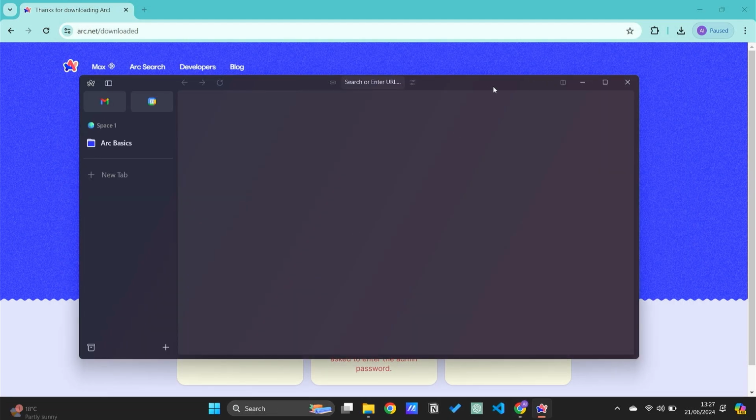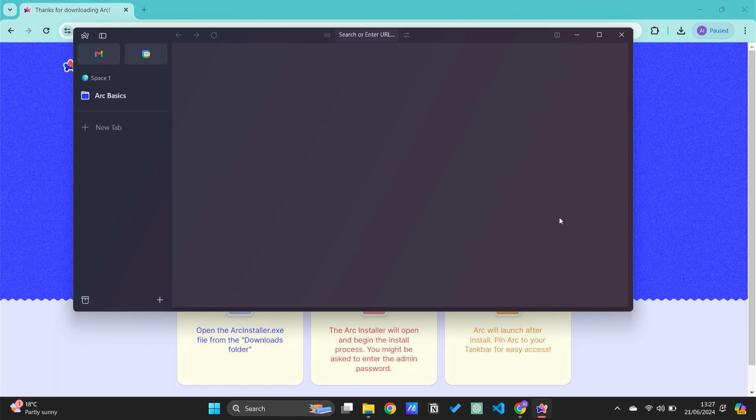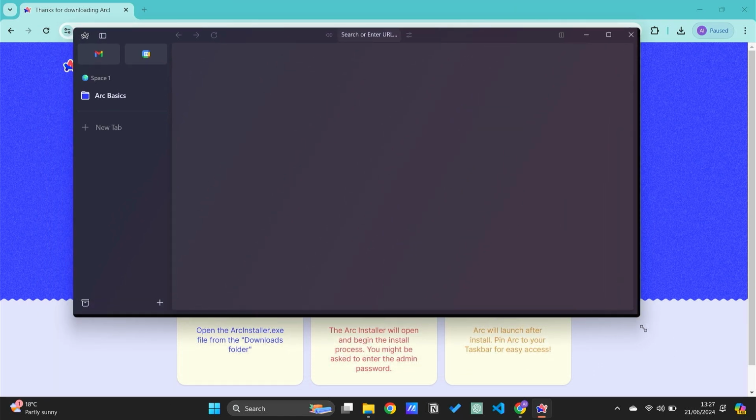Now this will fully open up Arc, and there you go. You have now successfully installed Arc browser